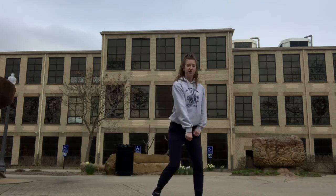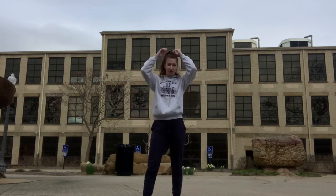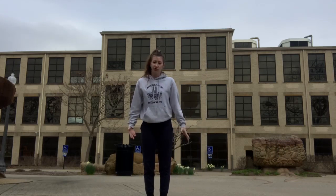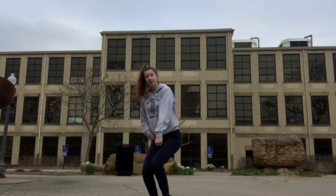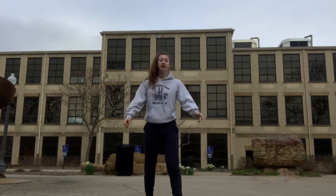So I want you guys to do that a couple times, kind of think about the difference between doing everything sharp, and that doesn't mean floppy, right? You don't want to lose your body with it. You want to stay nice and engaged, but you want to have that control to make it smooth, sharp, okay? All right, that goes throughout the whole dance. So even going into the next part,